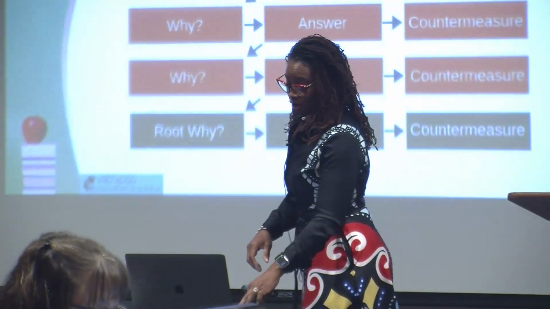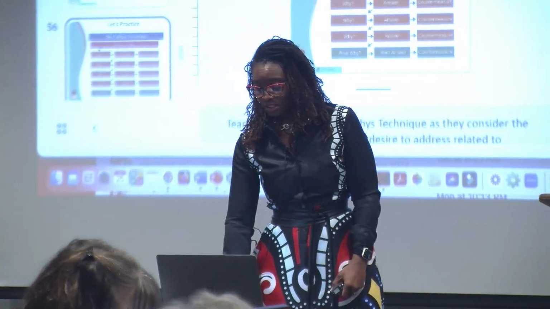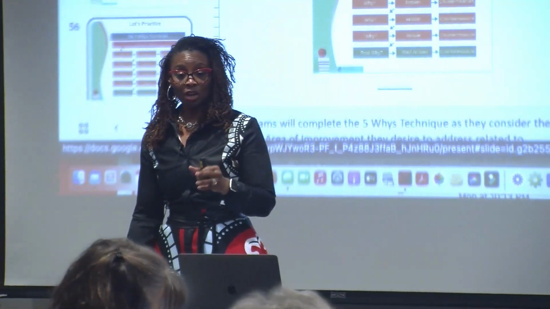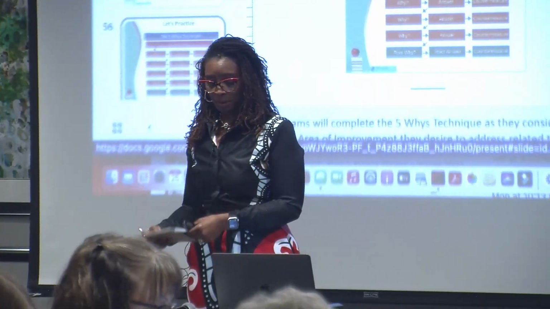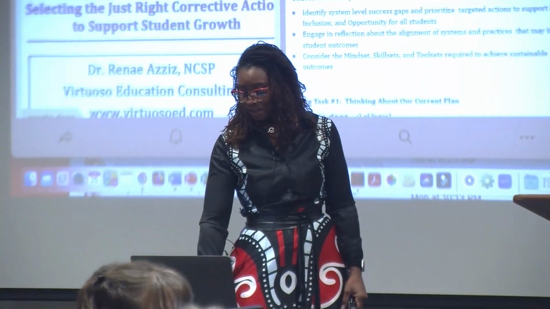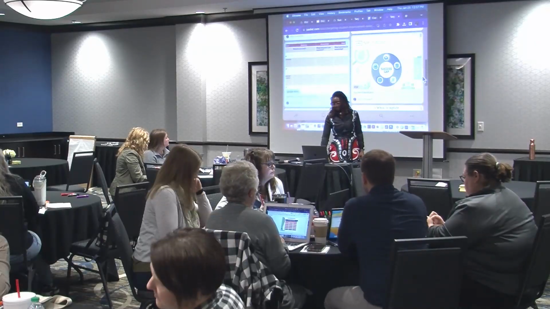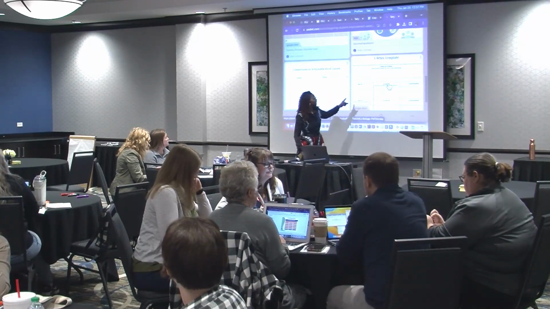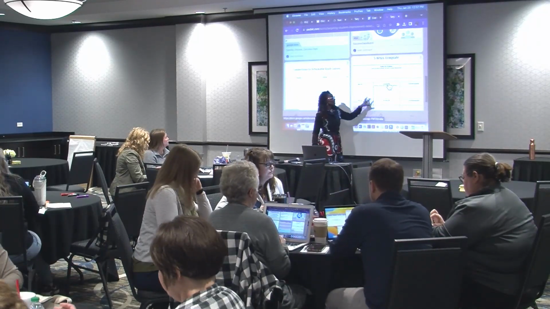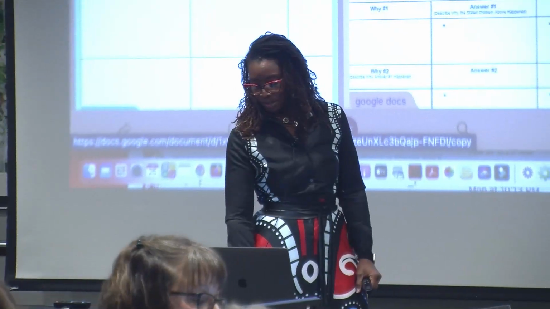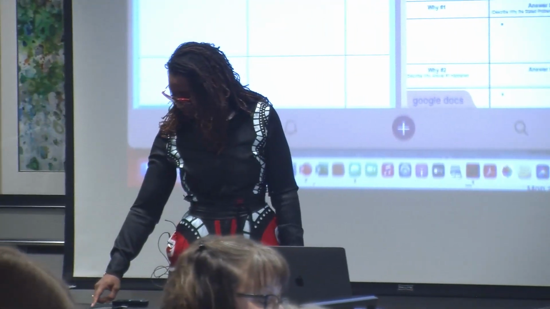So if you're on your Padlet, there's a template you can feel free to use. You can take your own notes. You can draw it on sketch paper, whatever you prefer. But if you're in the Padlet, it's going to be this document that says 5 whys template. Again, you'll be focusing on the first 2 columns. All right? Have at it. I'll set the timer for 10 minutes.